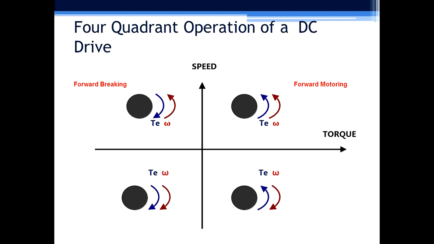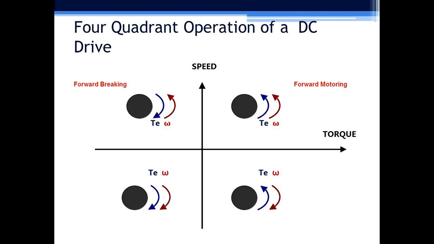This mode is called forward braking. In DC motors this mode is also called regeneration. So regeneration in any DC drive will be done by making power flow negative. In order to make torque negative, one has to make power flow reversed. As power is a product of voltage and current, either you need to make current negative or voltage negative. So with a control rectifier, when you try to achieve braking, voltage will be reversed because you cannot change the direction of current in a control rectifier. So in order to achieve braking with a control rectifier, one has to make the voltage negative.